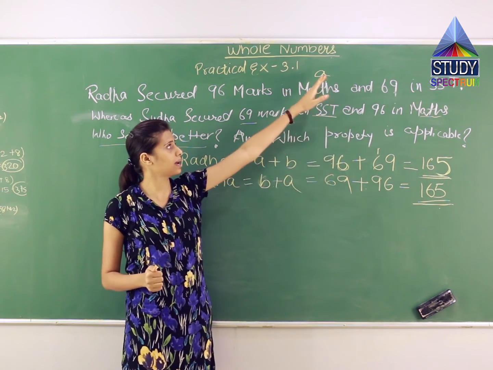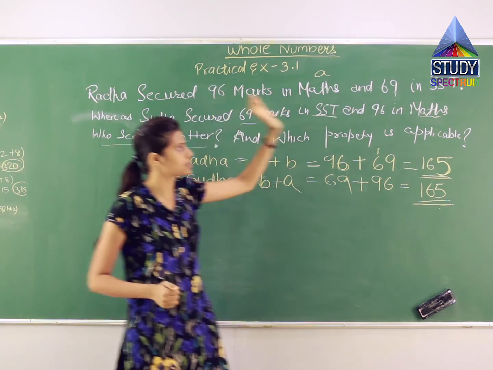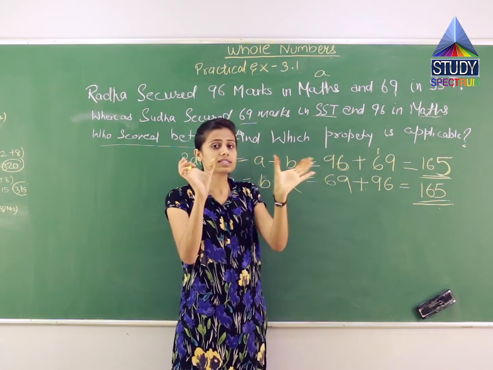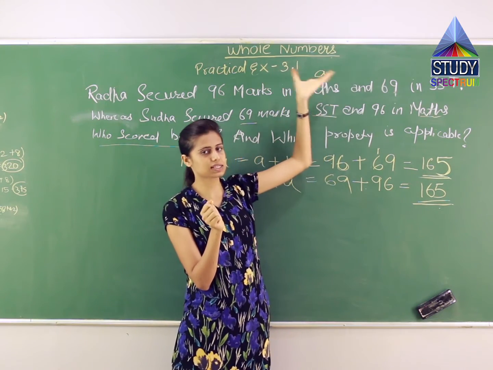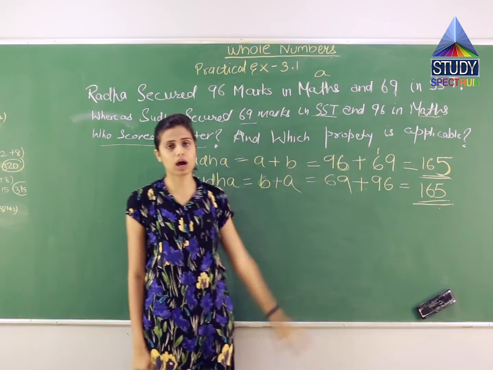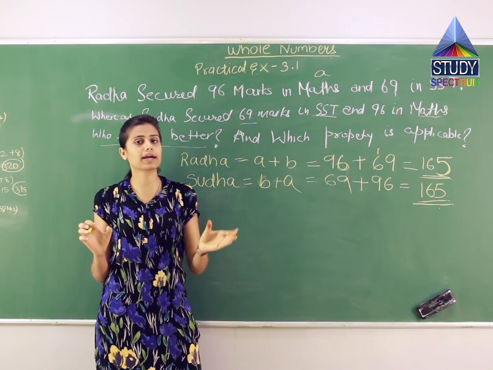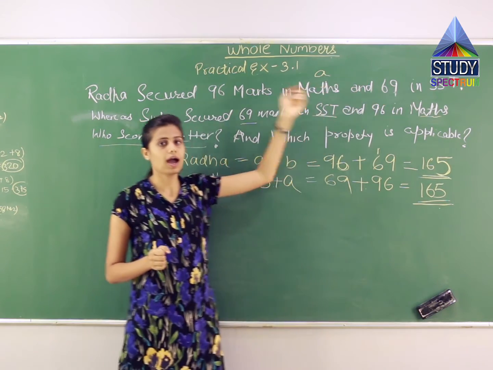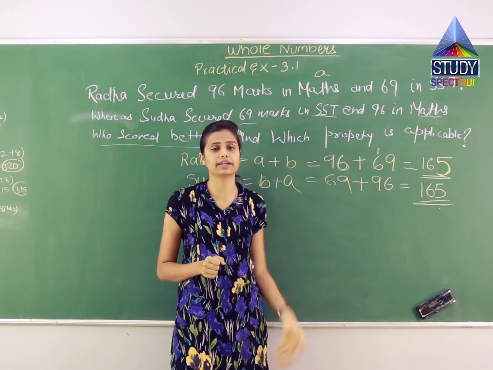तो यहाँ पे numbers तो same है, A और B, which is 96 marks and 69 marks. सुधा को भी उतने ही मिले, 69 and 96. See, इसको पहले 96 मिले, बाद में 69 मिले, मीन्स मैथ्स में 96 मिले and SST में 69 मिले. यहाँ पे उसको भी सेम मिला है सुधा को. See, if you see 96 in maths and 69 in SST. सिर्फ हुआ क्या है, इसके मैथ्स के मार्क्स पहले दिए है, SST के बाद में दिए है for Radha. And for Sudha, they have given SST marks first and maths marks later on.